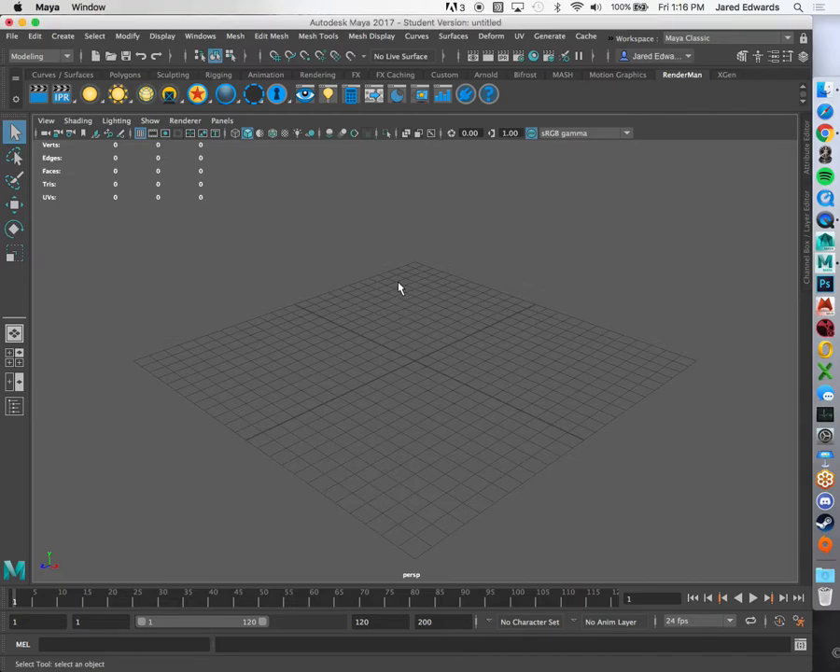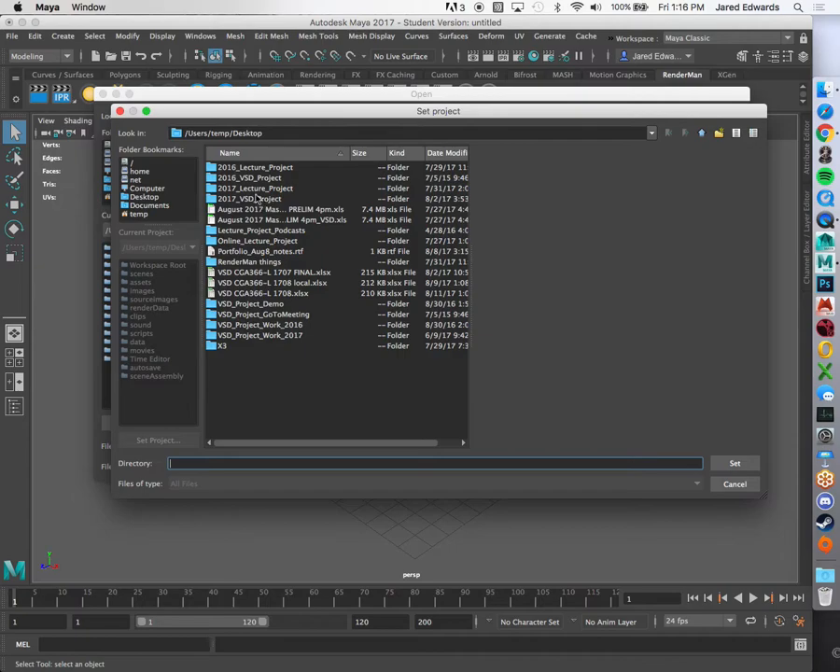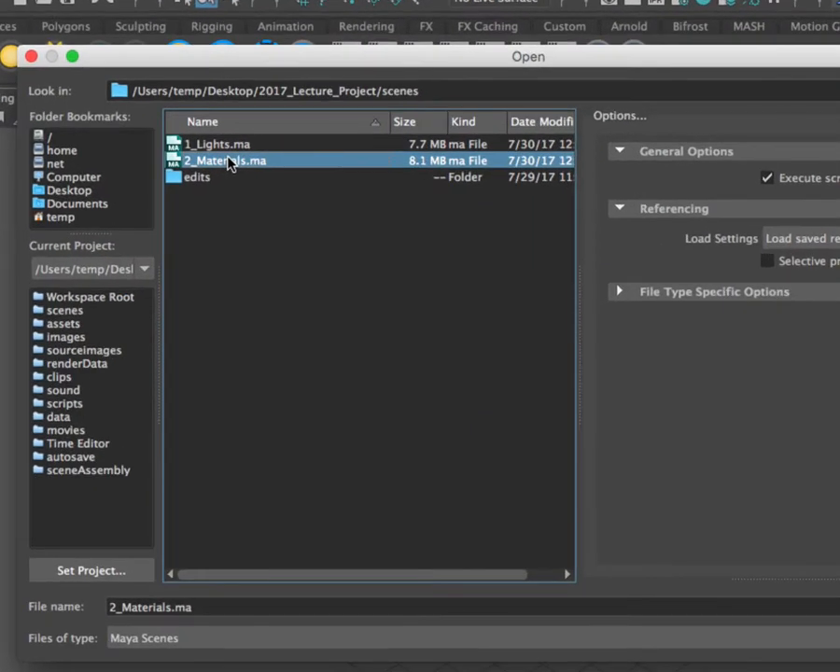Okay, so today we're going to be talking about what's called diffuse material properties. So what I'm going to do is set my project to our lecture project. And then if you go in the scenes file, there are two different Maya files in there. What we're going to be doing here is using number 2 called materials. This already has the light set up,